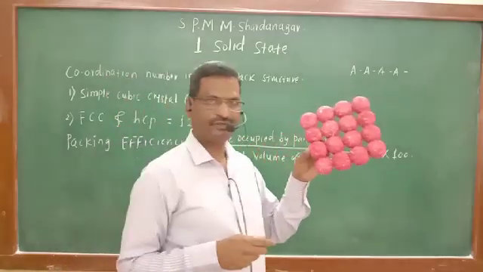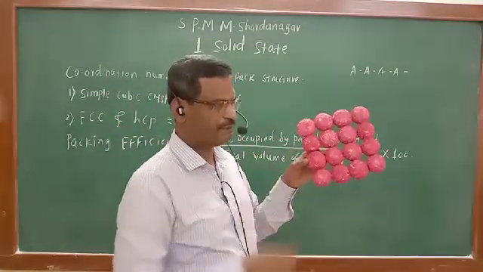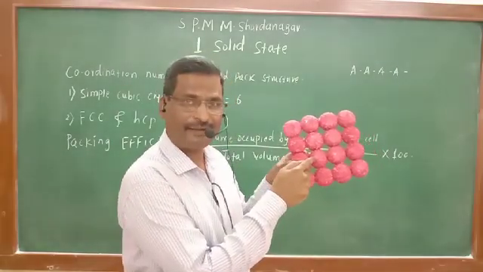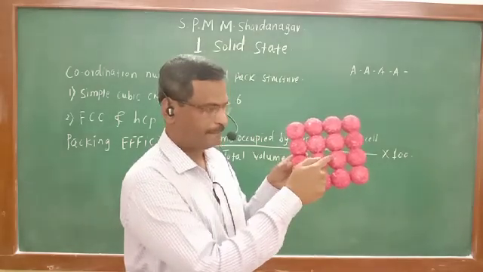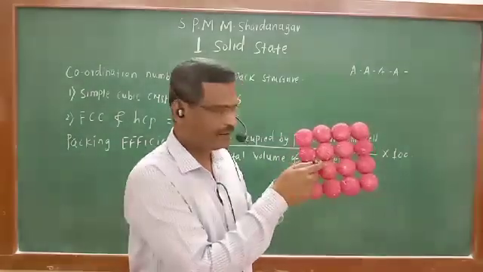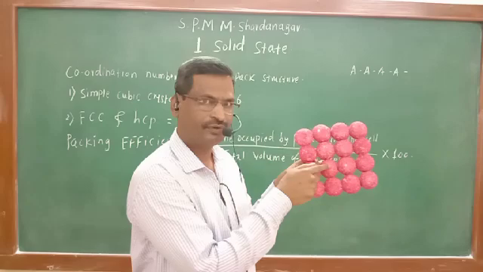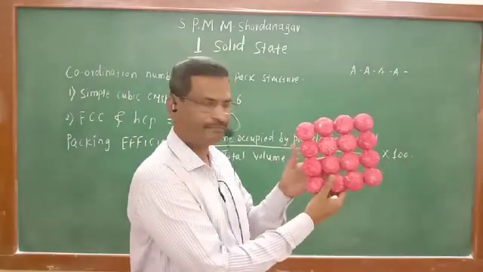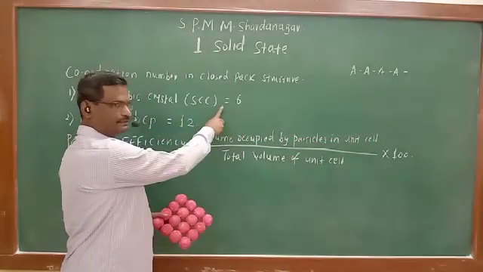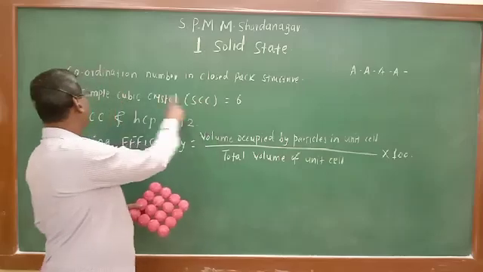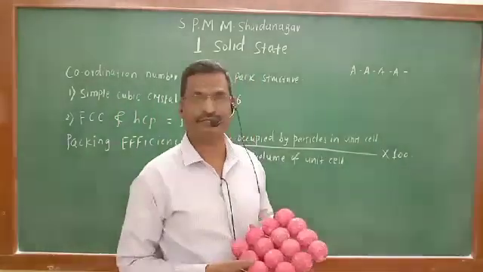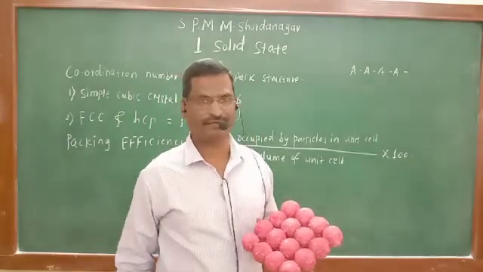See, this is one sheet. A similar type of sheet is placed on this side. So this particle will be covered by how many particles? 1, 2, 3 and 4. That is 4 particles in its sheet, plus one more particle from this side and one more particle from the back side. So what is the coordination number? It is equal to 6. So the simple cubic crystal SCC structure has a coordination number equal to 6 in three-dimensional packing.